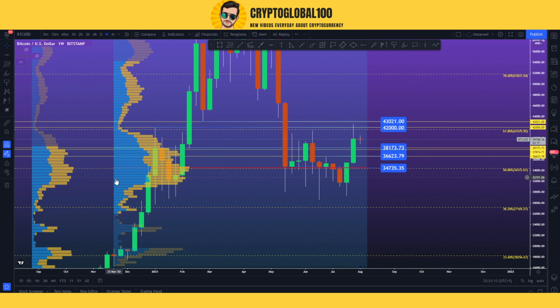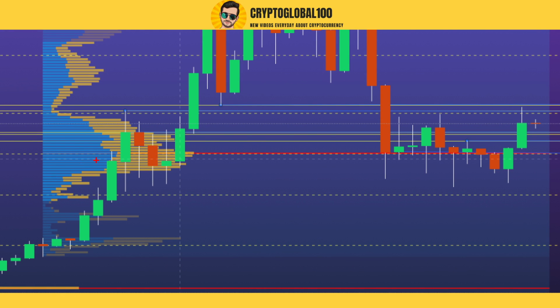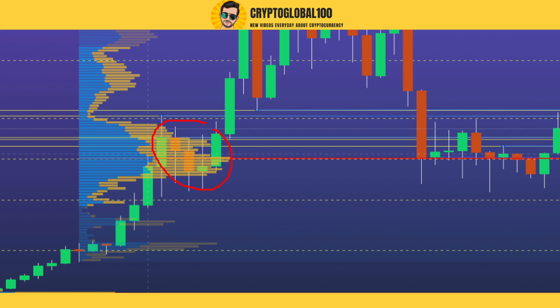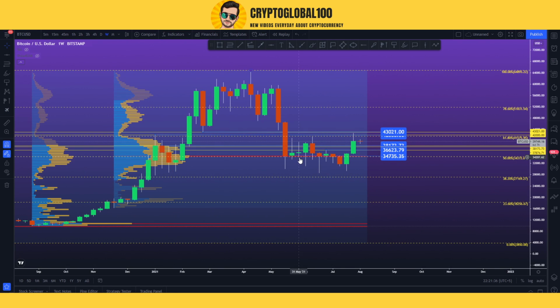If we take the volume from November 2020 up till now, this is the most probable area where the trading happened over the last 7 to 8 months. You can see here, we saw consolidation around this area, then a number of consolidation candles around here. So another one I'm gonna draw from this area up till now.